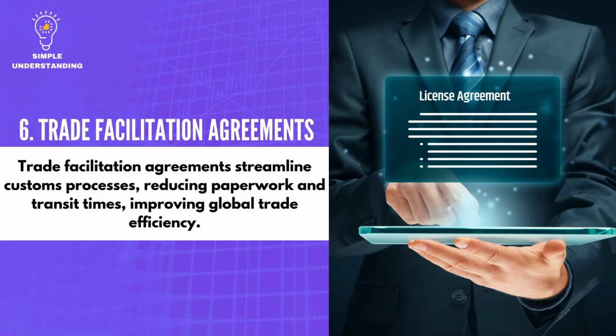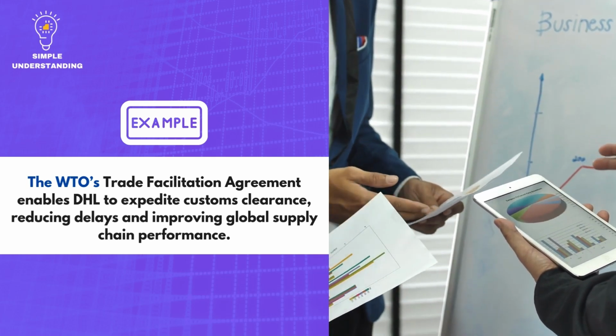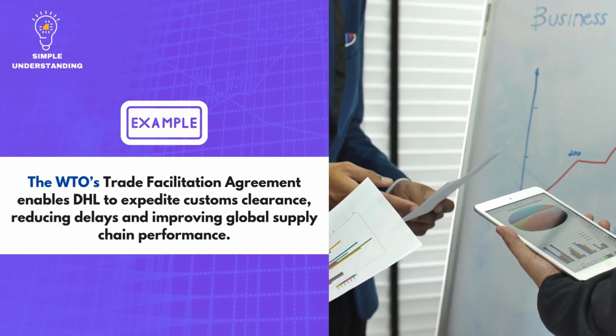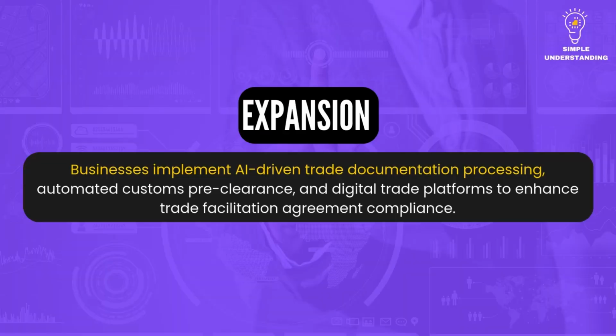6. Trade facilitation agreements. Explanation: trade facilitation agreements streamline customs processes, reducing paperwork and transit times, improving global trade efficiency. Real company example: the WTO's Trade Facilitation Agreement enables DHL to expedite customs clearance, reducing delays and improving global supply chain performance. Expansion: businesses implement AI-driven trade documentation processing, automated customs pre-clearance, and digital trade platforms to enhance trade facilitation